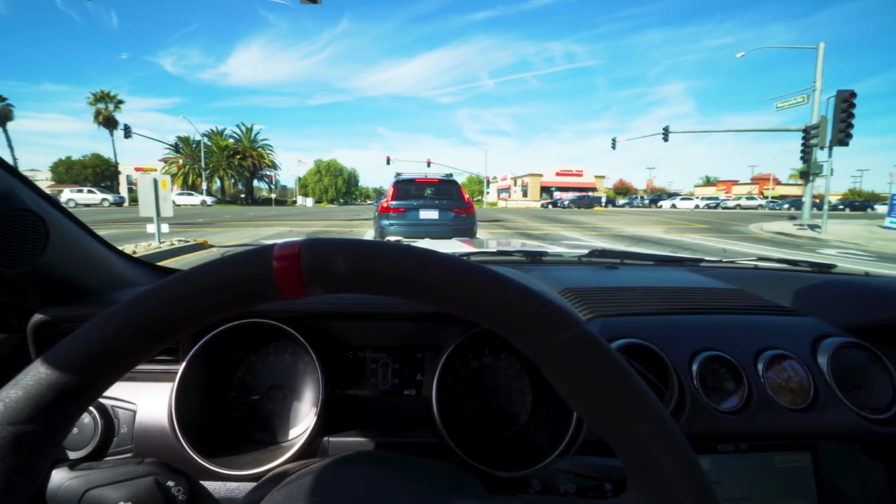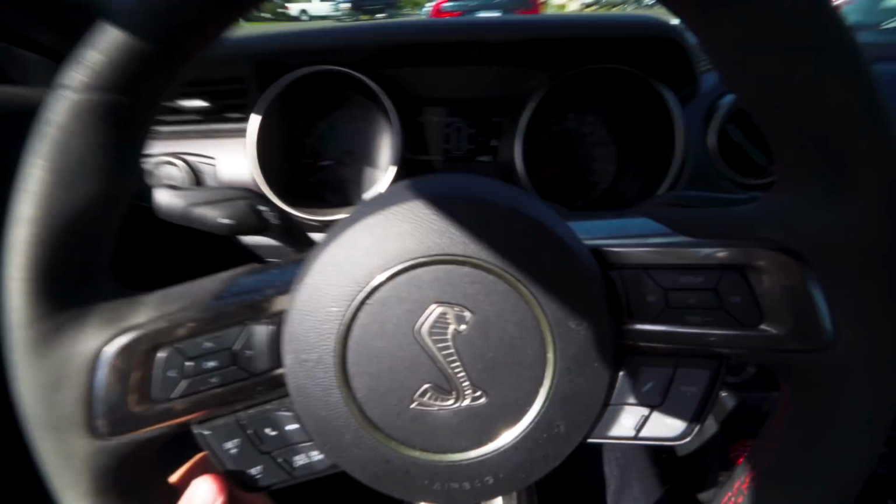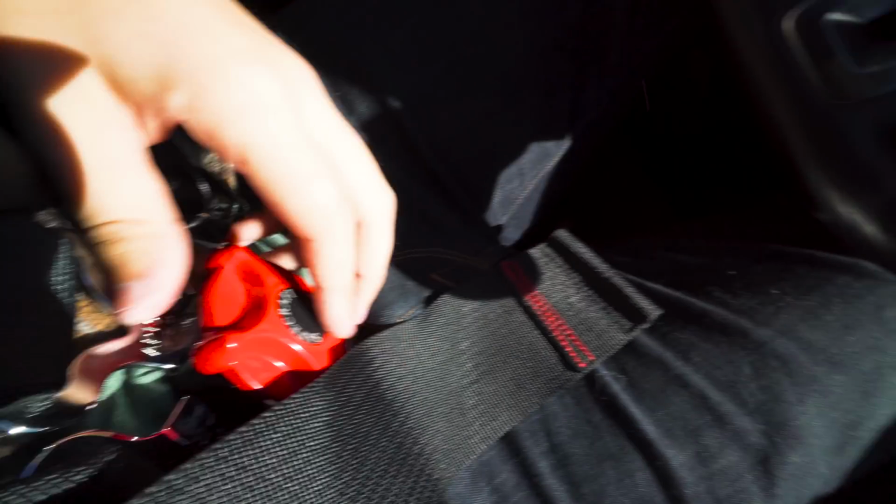It is getting near Christmas, and as you guys know, we have a big Christmas surprise coming along our way. But back in the GT350R,